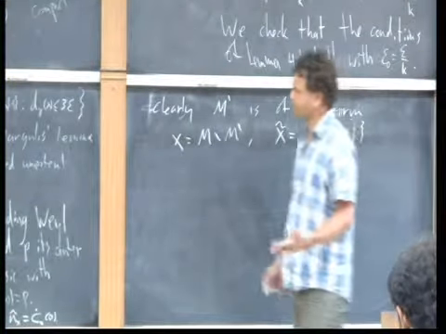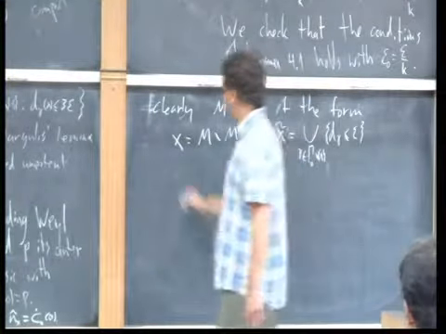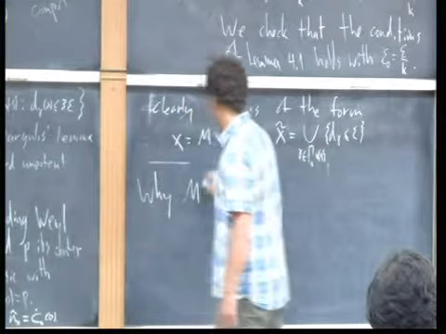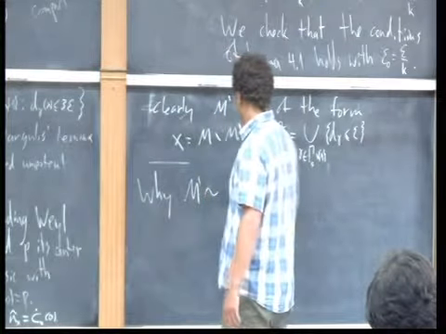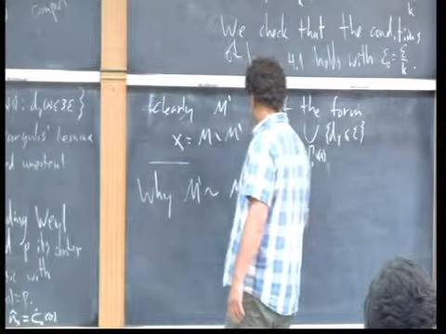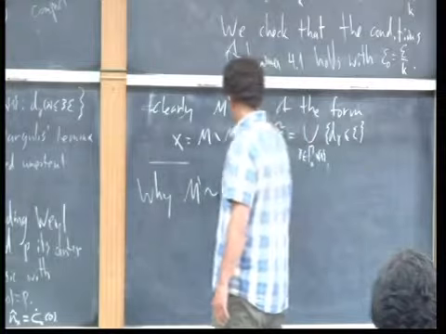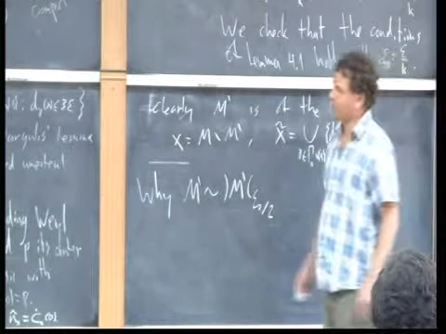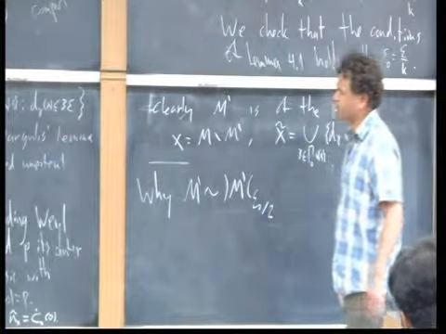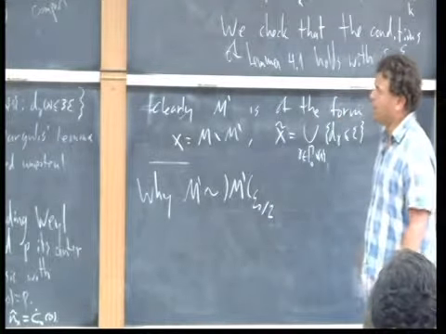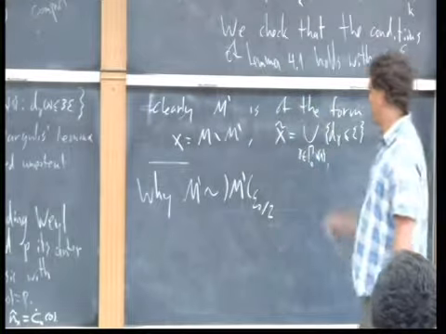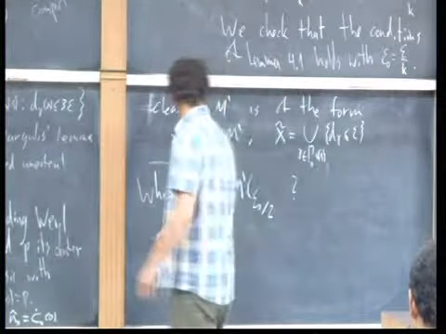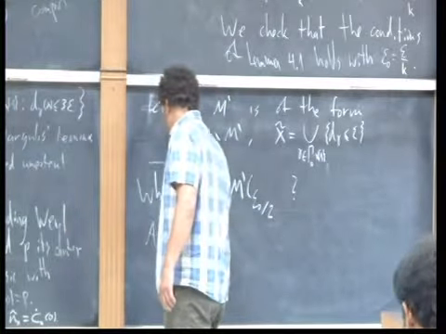Now, I need to answer why M prime is homotopic to M prime epsilon shrinking, and what the direction is. I will tell you. Again, we use this deformation retract